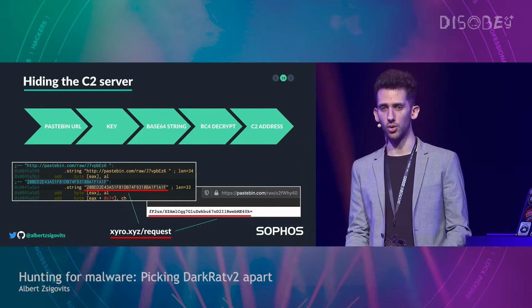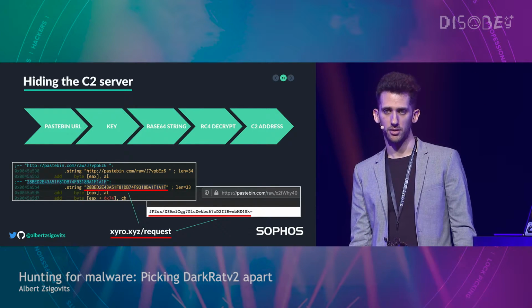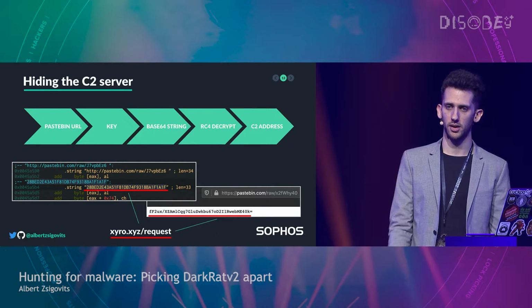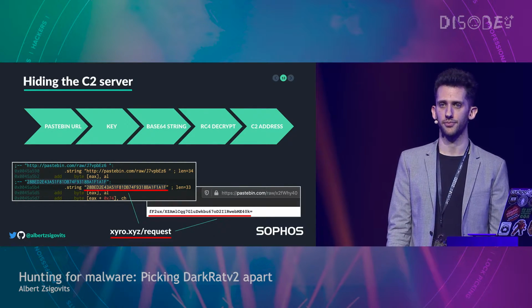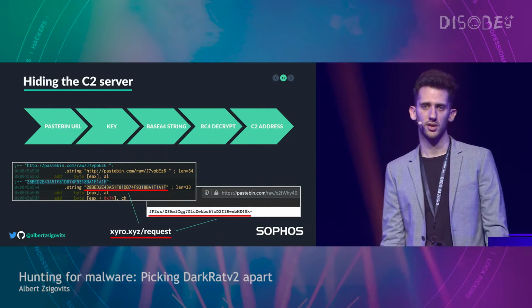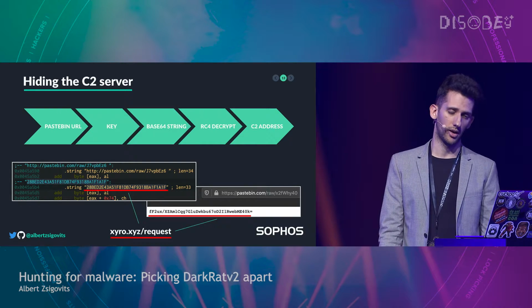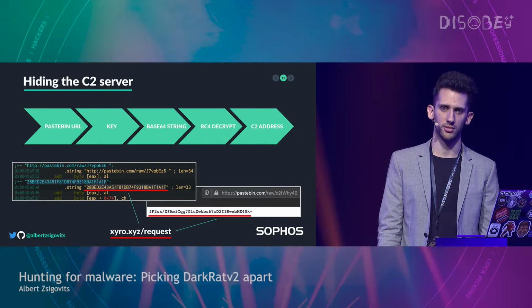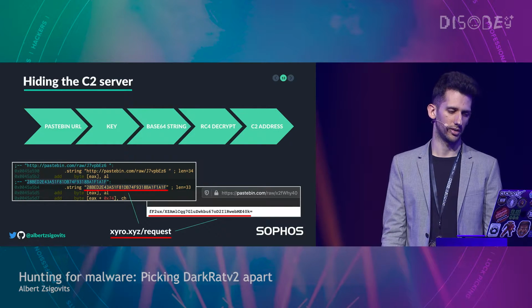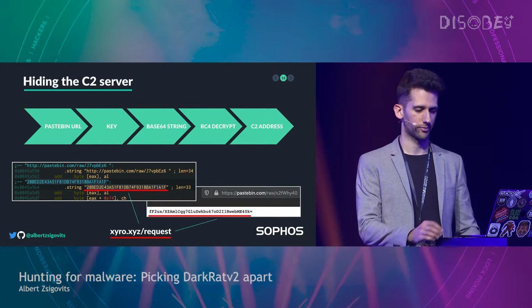The sample would decode that, and it would give out a binary blob. Now, that blob would be decrypted with the RC4 key, and then you would have the C2 server address. So it's kind of, I would say, a small-timer obfuscation, but I think it had some real creativity, which was interesting for me.